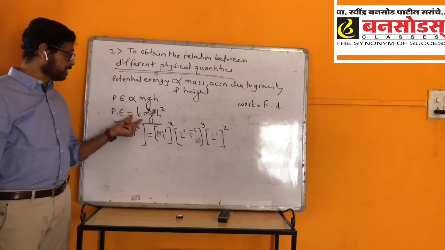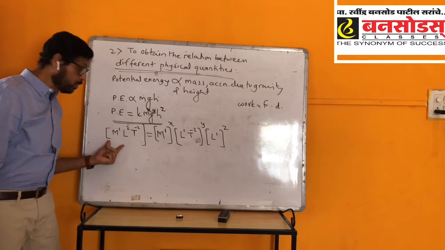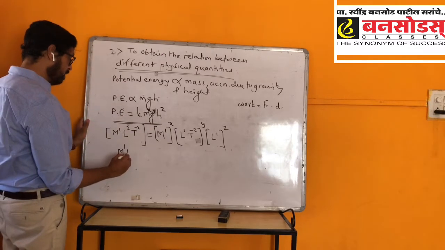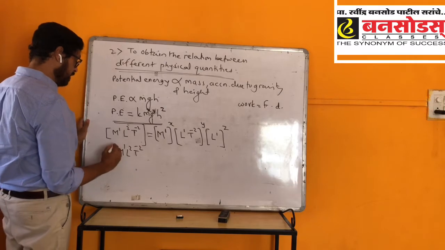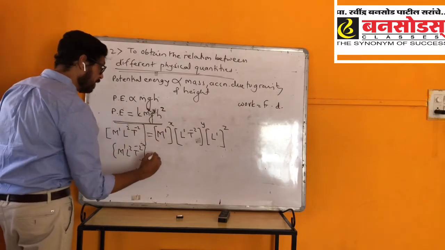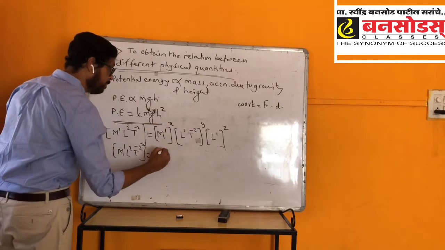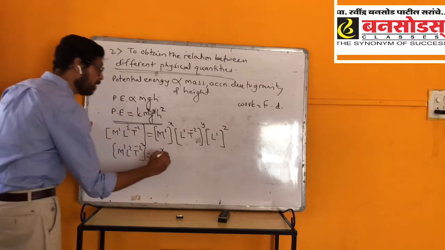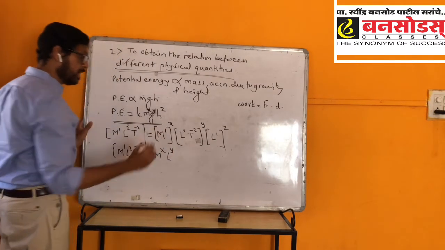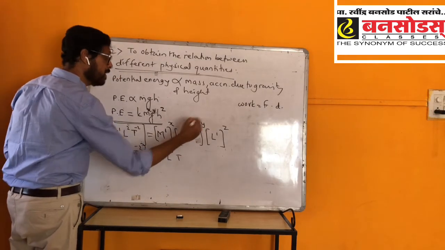So what did we do? Potential energy is K m^x g^y h^z. In place of this, we wrote their dimensions. So M^1 L^2 T^-2 will be equal to, now collect all this, M raised to 1 raised to x, that is M^x. L raised to 1 into y, that is L^y. T raised to minus 2y